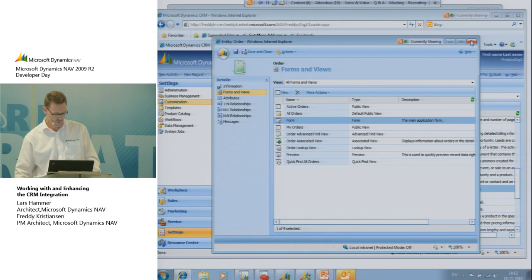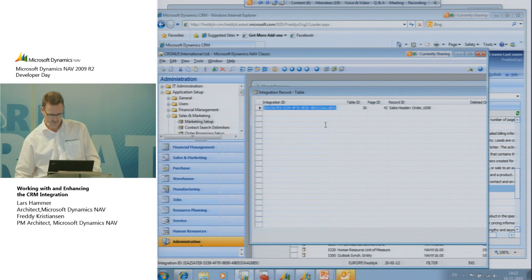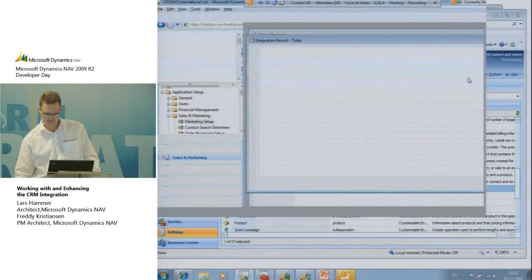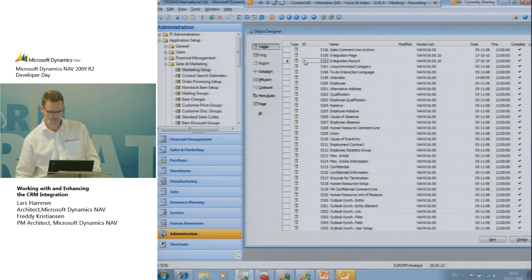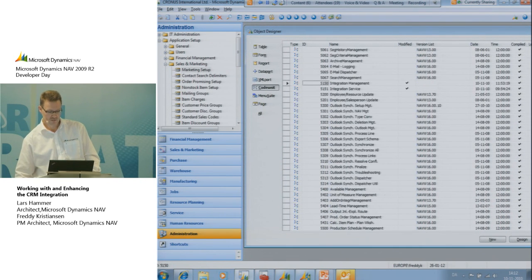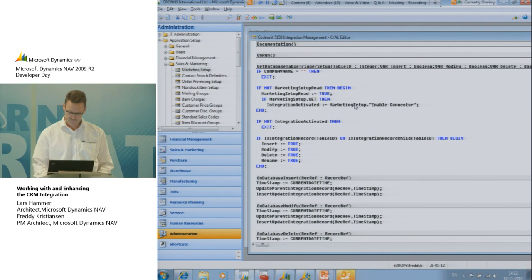So let's then look at what happened inside of NAV and what modifications have been done there. Let's go to the classic client here. We've already seen the integration record table, but the code units that this is all about are the integration service. That's the service that's called from the connector or the adapter, and then the integration management. If we look at the integration management code unit here,